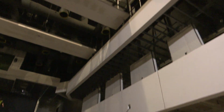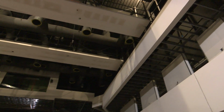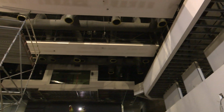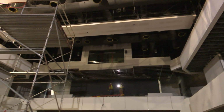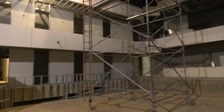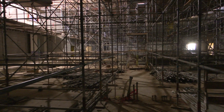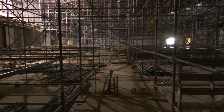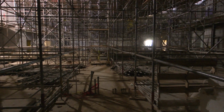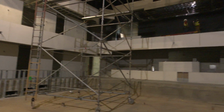One of the unique features that you see in not only this theater but in the concert hall is that in an effort to create a much more intimate environment, instead of laying everything out in one floor, we've wrapped all of the audience around the students as much as possible in these loge areas and balcony seating. In the main concert hall, we actually have seating for 150 that wraps behind the performance stage. So in addition to the 1,110 seats on the main floor, we can put 150 people in the choir loft